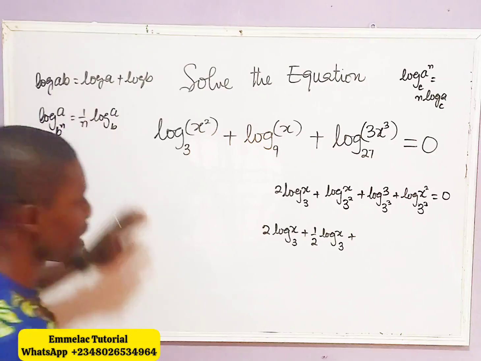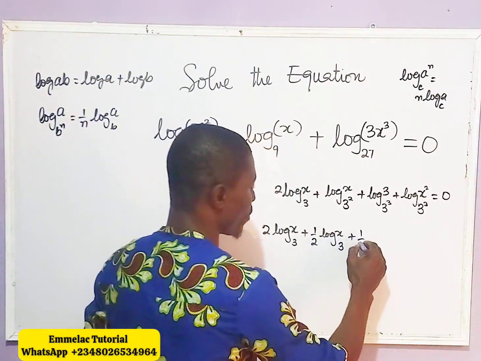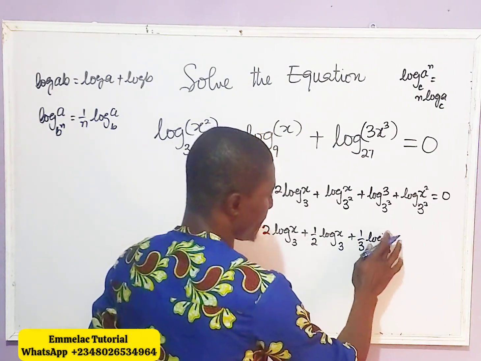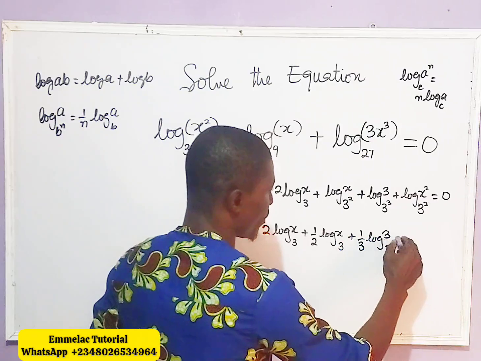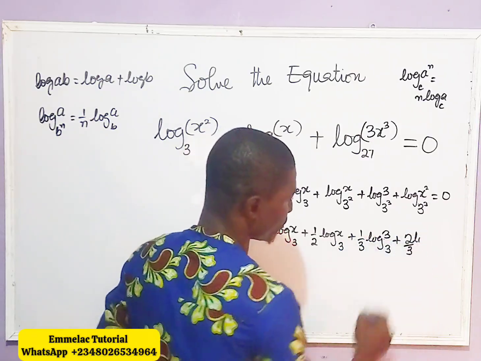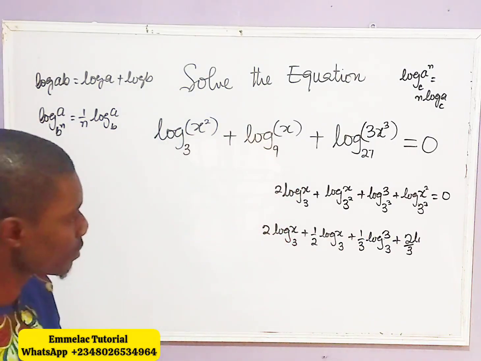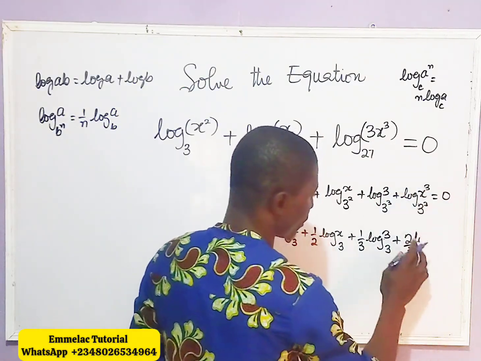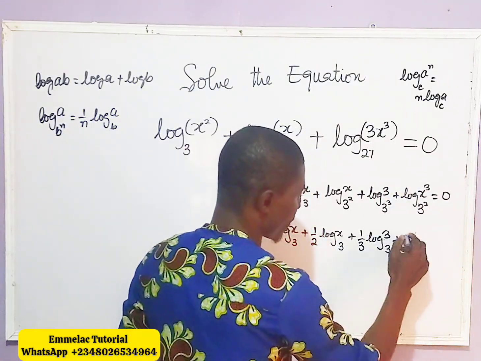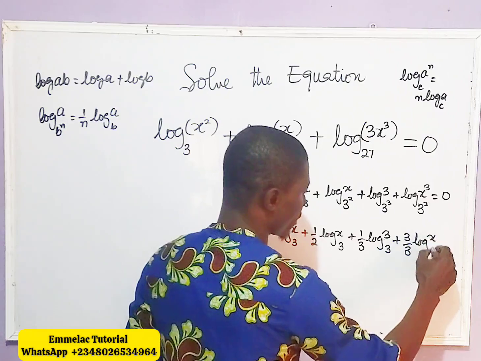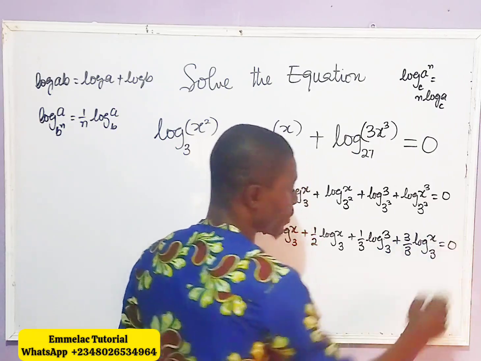Applying this same rule here we have 1 all over 3 log 3 base 3, then plus, sorry, this is 3, so this will now be 3 all over 3 log x base 3